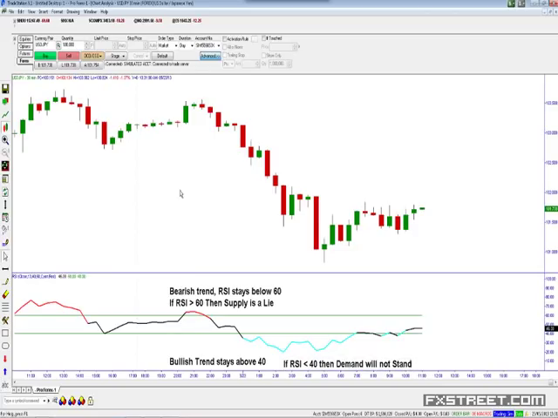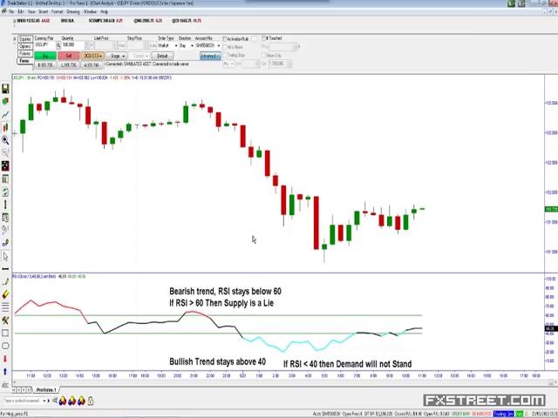So I use this as a filter to keep me out of trades that may not be as high quality or could cost me money, could basically give me a loss. So when I'm looking at my trading opportunities, I'm going to go ahead and keep that 60-40 in mind as I'm looking at